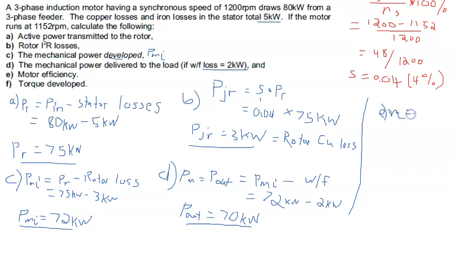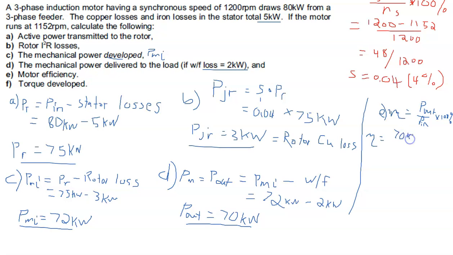Efficiency is equal to P out over P in. And so again, we want to multiply that by 100% because efficiency is normally expressed in percent. And so efficiency then is equal to